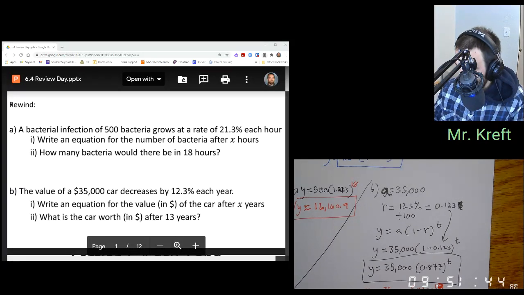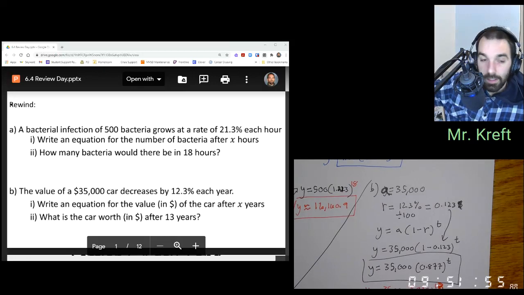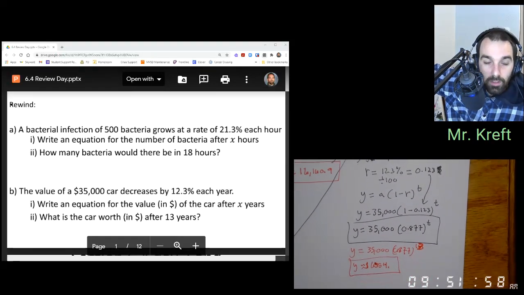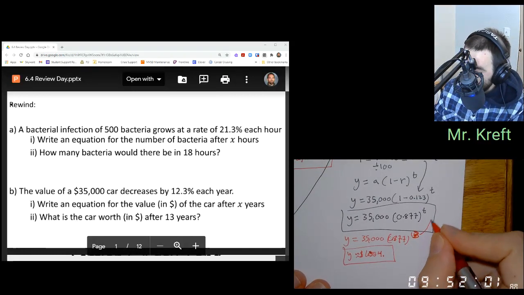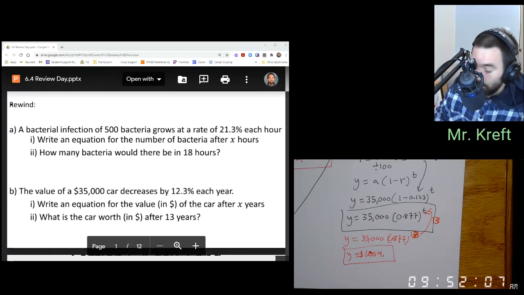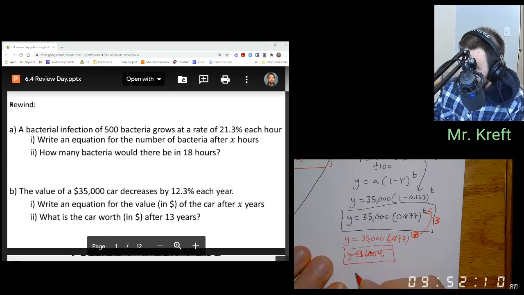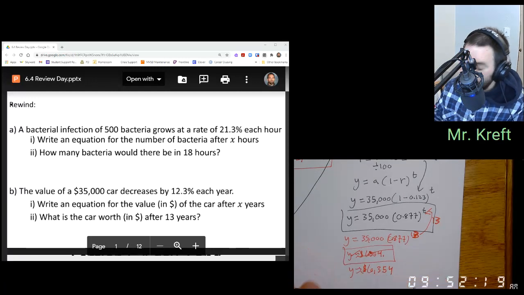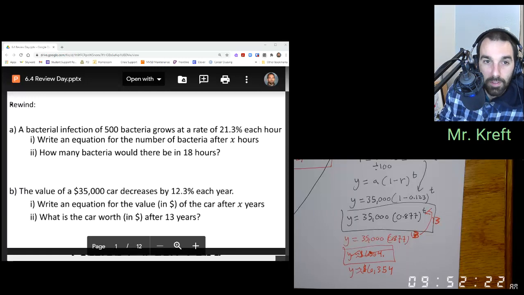Does it say to round? In dollars. So it asked for it in dollars. So there we go. So all I did was take this equation and plug 13 in for t. Sorry that you can't see that really well. It's y is approximately $6,354. It said round to the nearest dollar, so no change there. All right. So I'm going to end